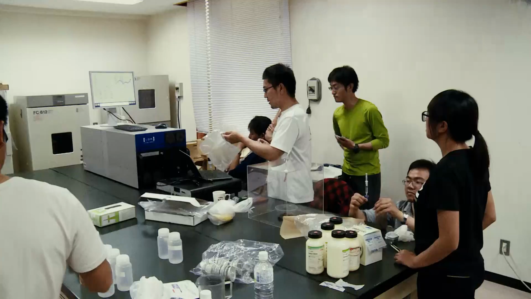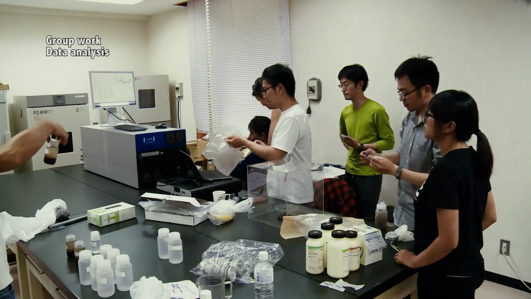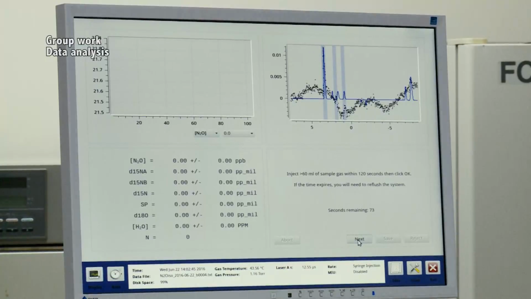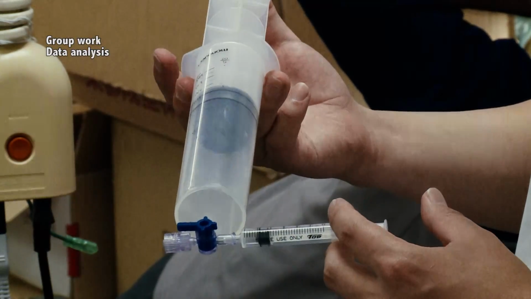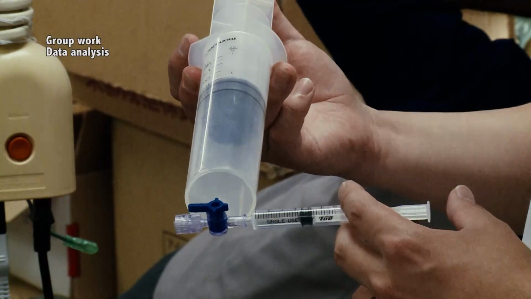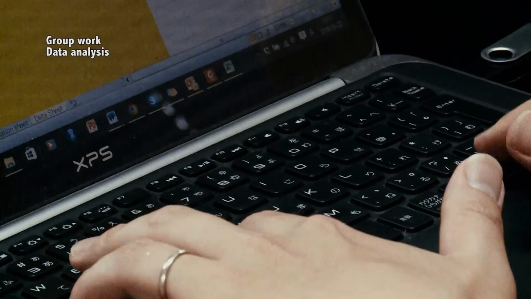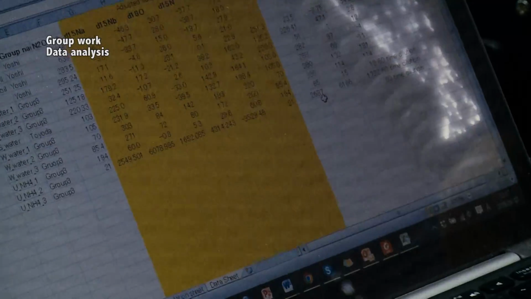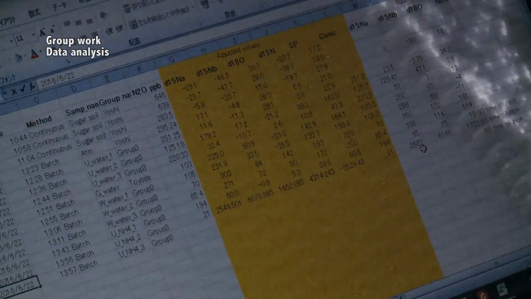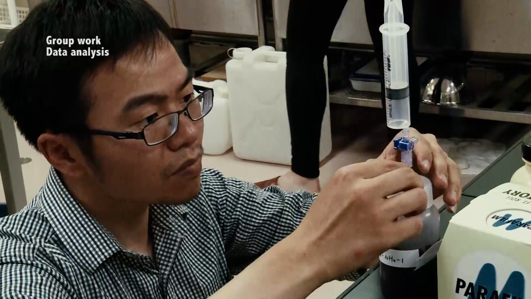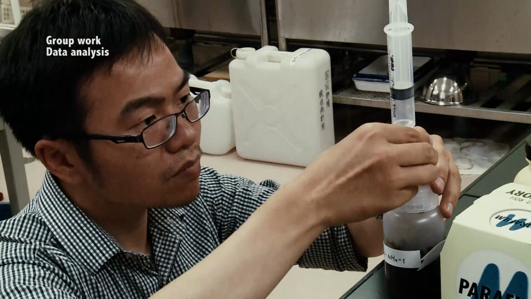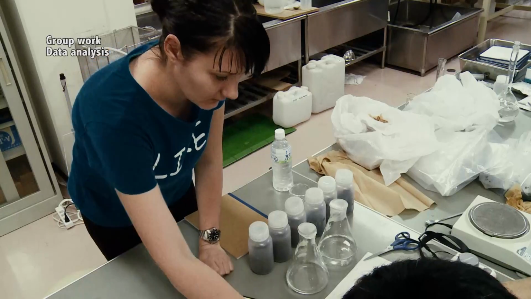Okay. Sorry. Still out. Yeah, this is our. For example, the nitrogen would be measured at